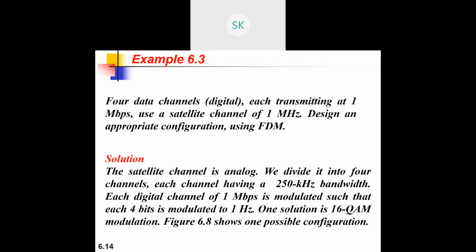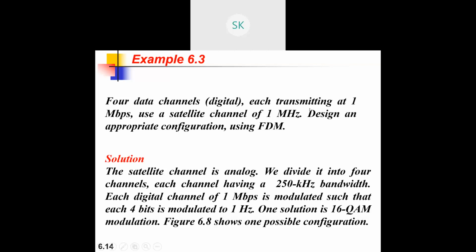Each of which has a 100 kilohertz bandwidth. The first channel has 100 kilohertz, the second channel also has 100 kilohertz, the third channel as well. Each one is to be multiplexed together. What is the minimum bandwidth of the link if there is a need for a guard band of 10 kilohertz between the channels to prevent interference? Interference is nothing but collision, the confusion. Just to avoid it, we need to have a guard band. How is it possible? That's what they are asking.